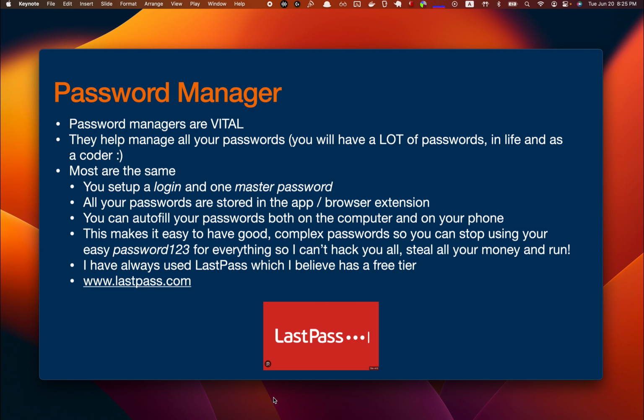Yes, it's not all or nothing. If it's not in LastPass, you just enter your password as you normally would. So only if it's in LastPass will it prompt you. Otherwise, go do your thing. So you can add slowly. Once you type it in the browser, LastPass will prompt you, do you want to save this one?